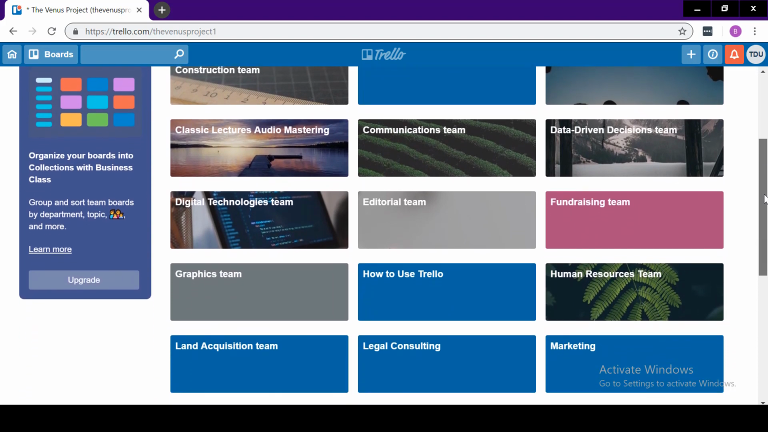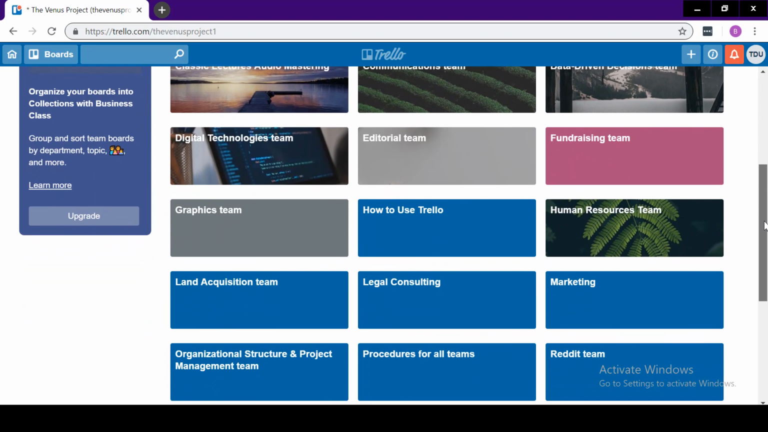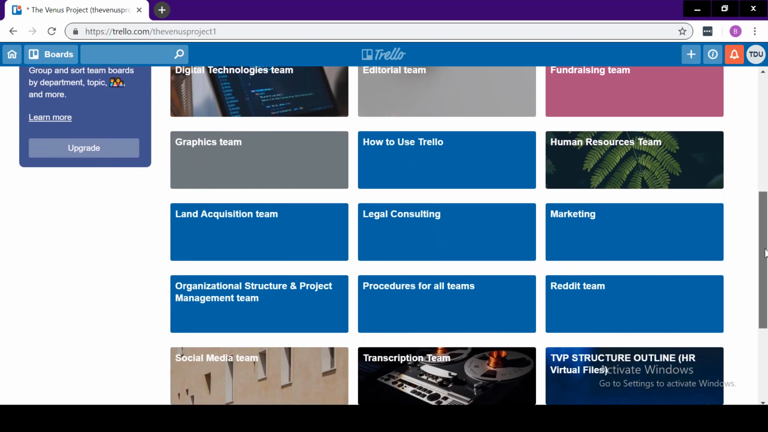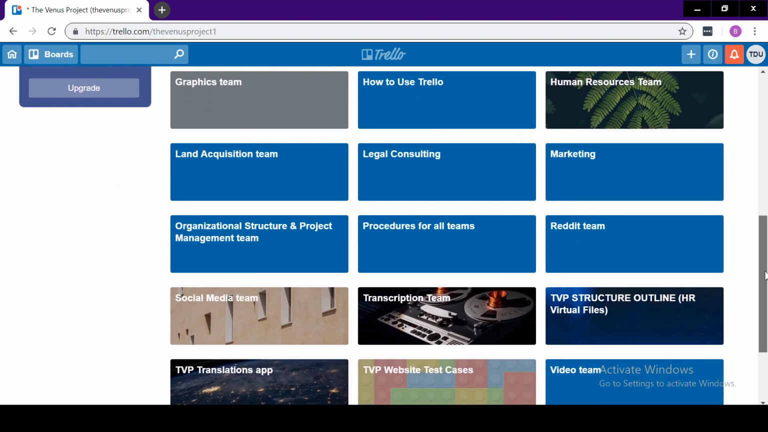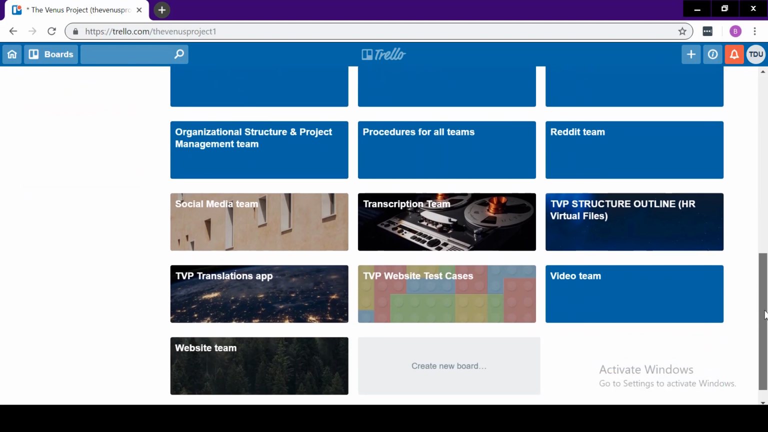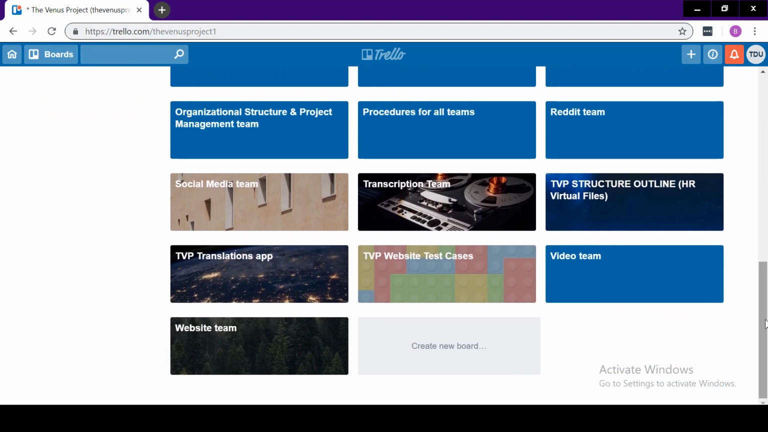Some of the team boards have a background picture and some of them don't. As we said, each of these rectangles represents a board. As you can see, we have organized the teams by having one team per board. So, for example, this is the video teams board and this is the website teams board, and so on and so forth. So we are going to go to a couple of these teams boards to see what is happening